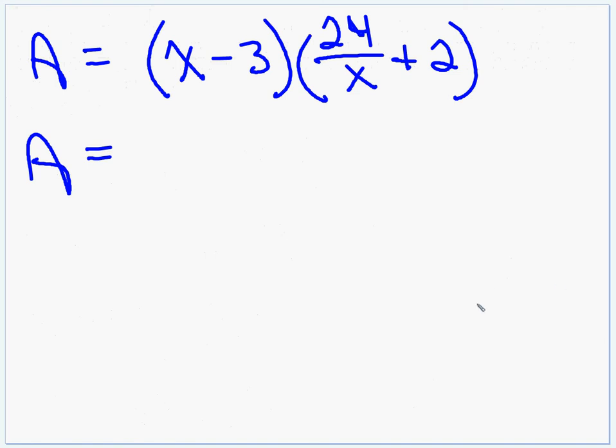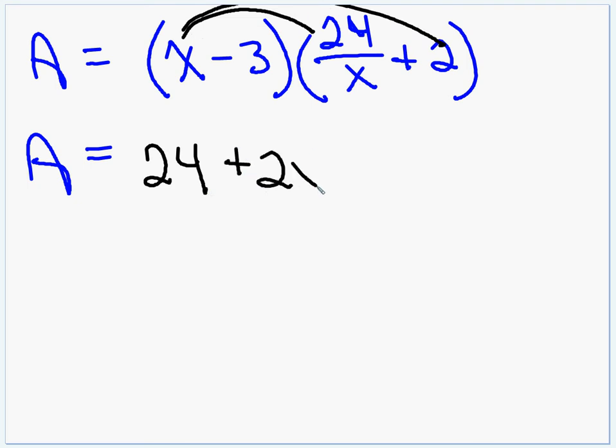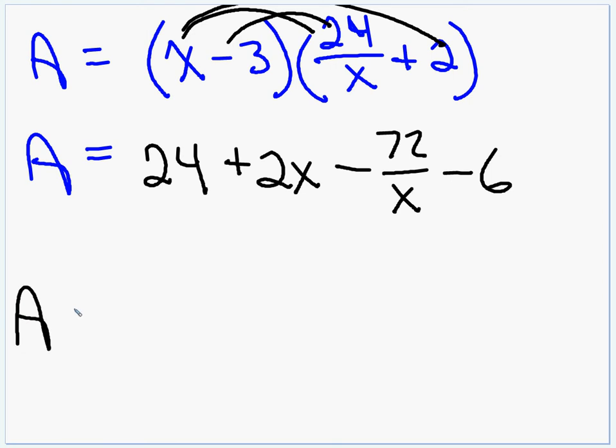Okay, back to here. Let's FOIL. First term times first term, 24x over x. That's going to divide out to a 24. Our outers are 2 times x. Minus our inners, negative 3 times 24. Well, that's going to be a 72 over x. And then last times last is negative 6. And let's write this in the proper order. The 2x goes first, and then we're going to have minus 72x to the negative 1, and then we've got